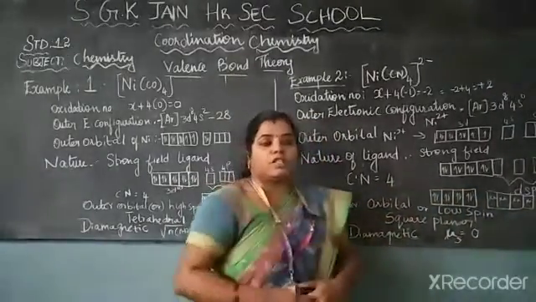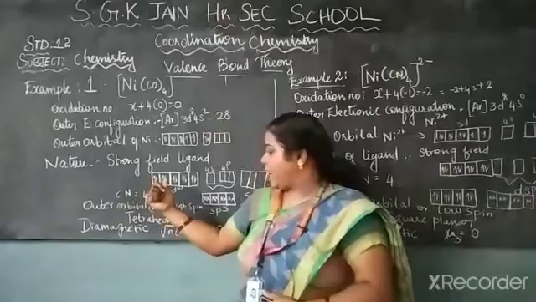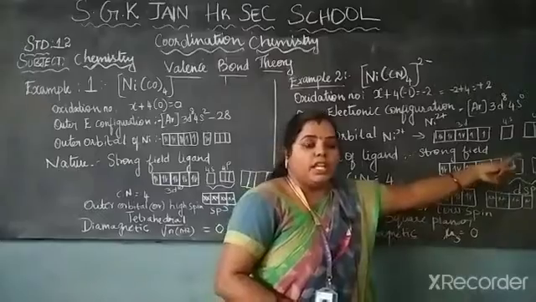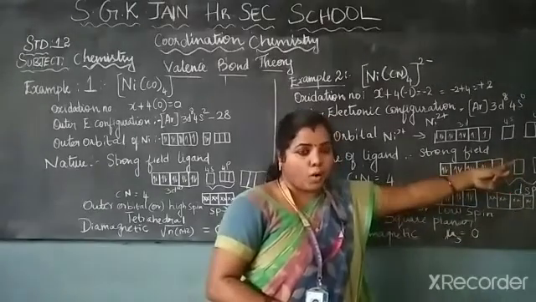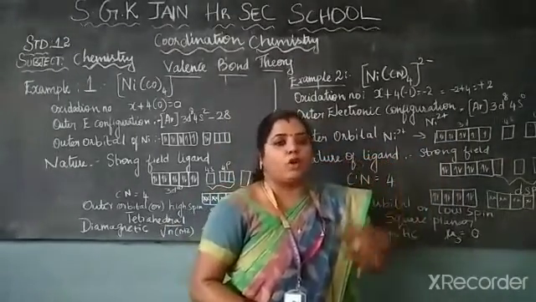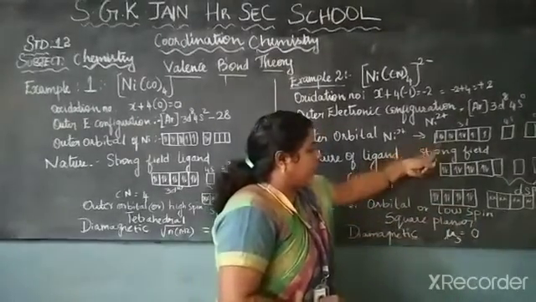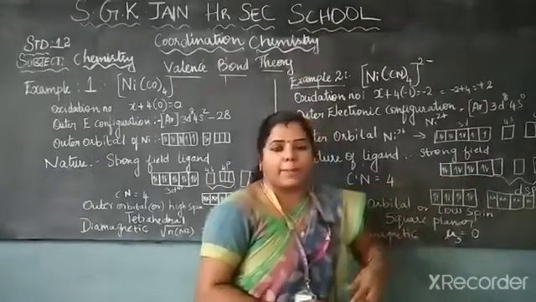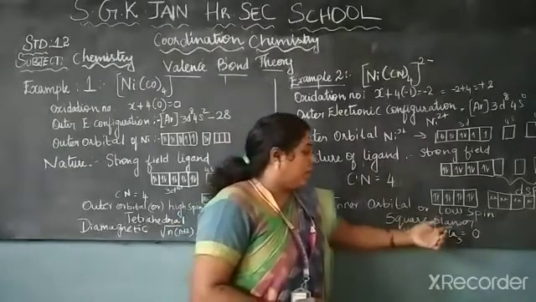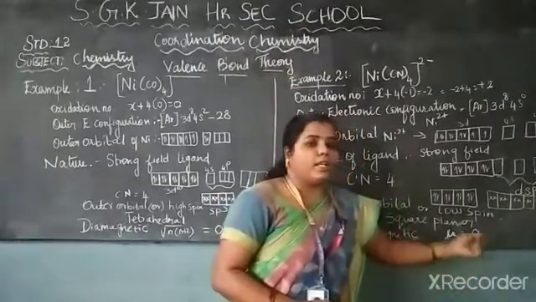The coordination number here is 4, and in the earlier case it is also 4. But the hybridization there is sp3, which is why that one is tetrahedral, while here it is dsp2. Even though the coordination number is the same, the orbital hybridization differs, so automatically the geometry also differs. Here it will be square planar. Then for magnetism, all electrons are paired up and there are no unpaired electrons, so this compound will be diamagnetic. For the magnetic moment, the number of unpaired electrons is 0, so the magnetic moment will be 0.